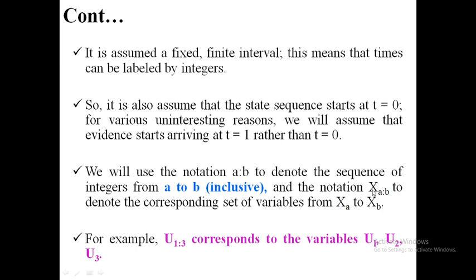So if I want to observe the situation over a number of random variables from A to B, we denote the corresponding set of variables as X_A to X_B. For example, in the last situation about the rain, the umbrella is our evidence. I want to verify the umbrella, which I mentioned previously regarding the rain, for 1, 2, or 3 days. Umbrella 1 for the first day, umbrella 2 for the second day, umbrella 3 for the third day. If you want to verify the umbrella every day, we can give the notation U with subscript 1 to 3.